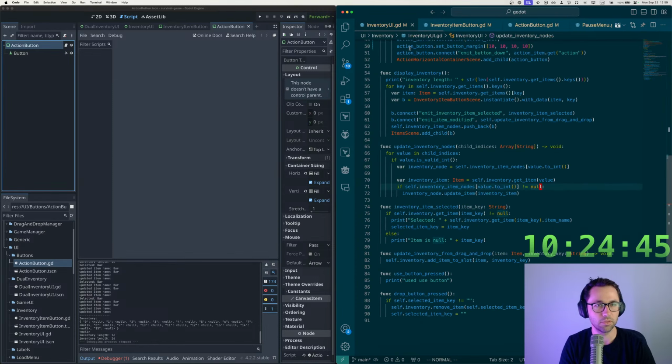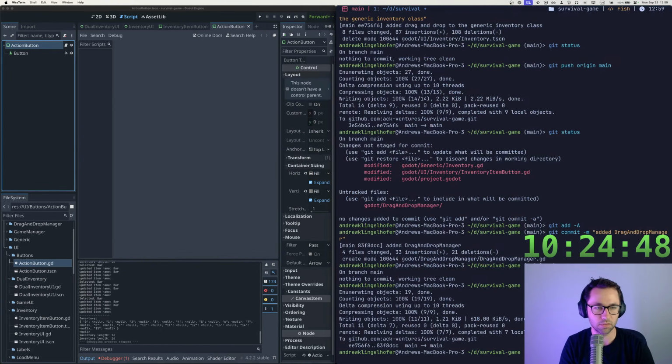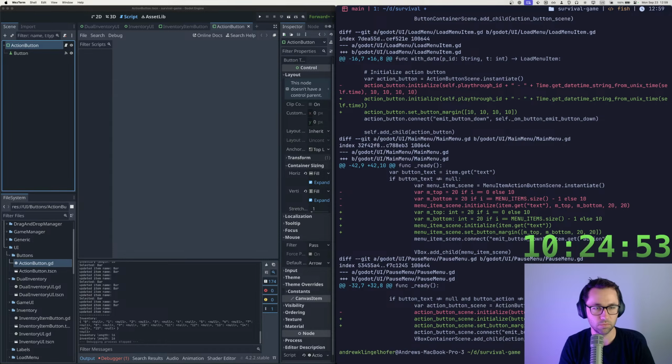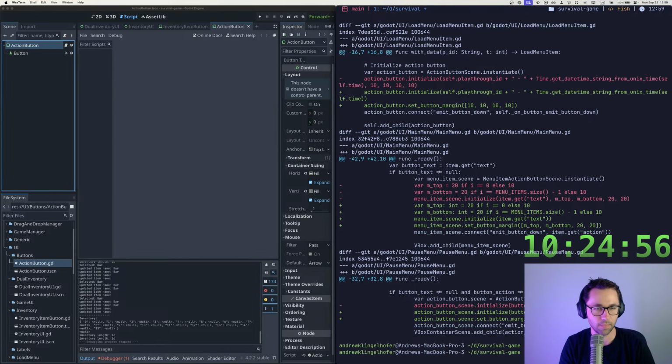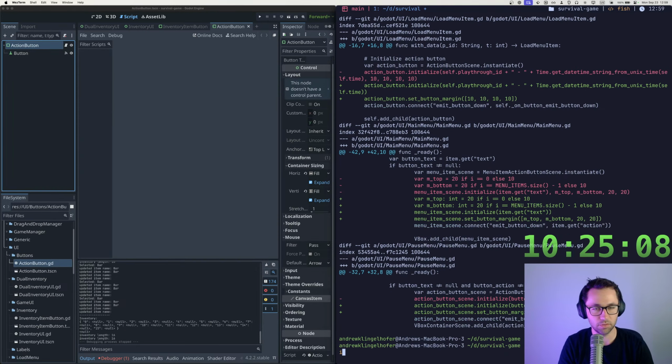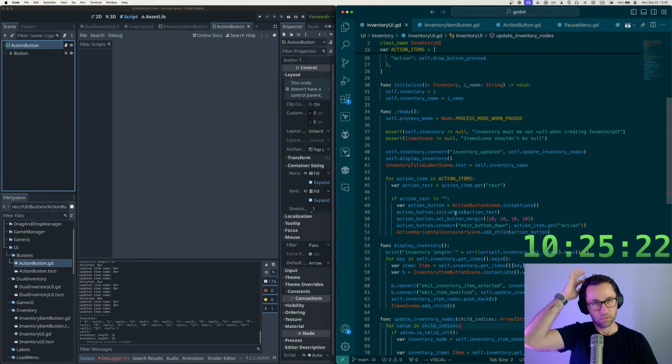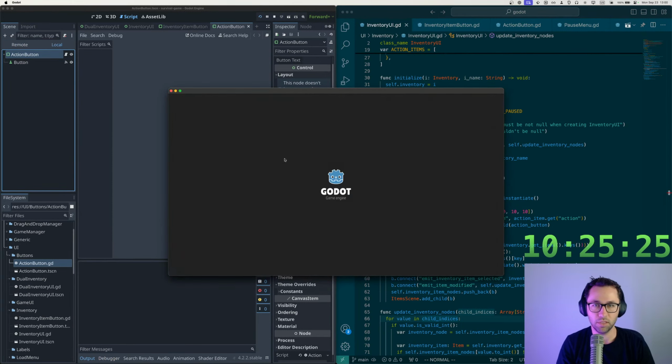So let's go ahead and commit all this. I think most of the changes are related to move action button initialization to discrete functions. Okay, and from here, let's